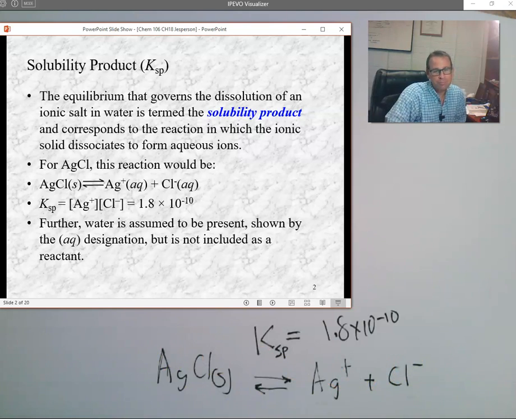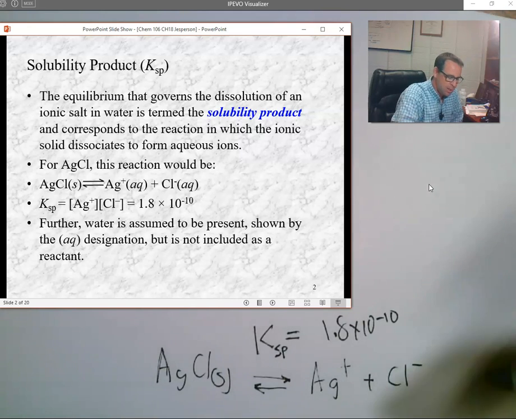Every K is specific to a given reaction. In fact, at different temperatures, the same reaction will have a different K. So this KSP, 1.8 times 10 to the minus 10, equals